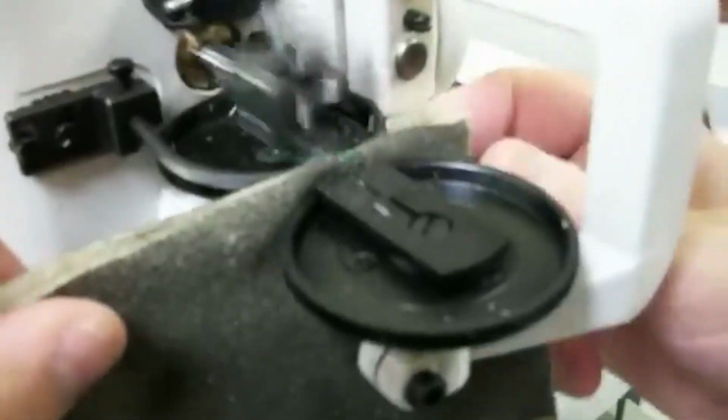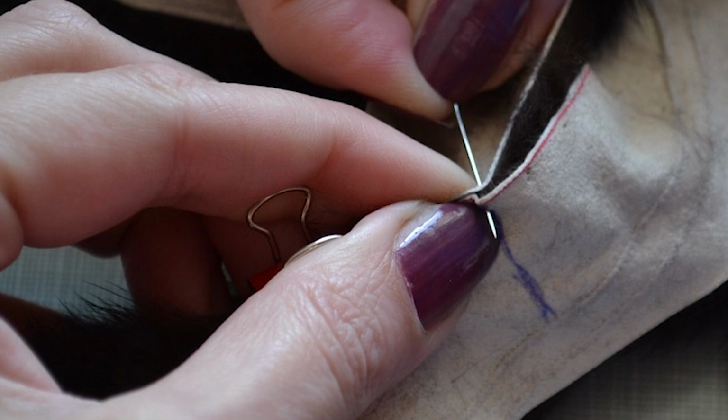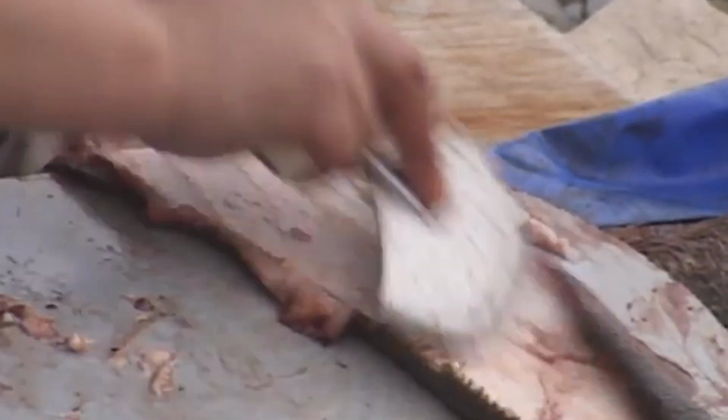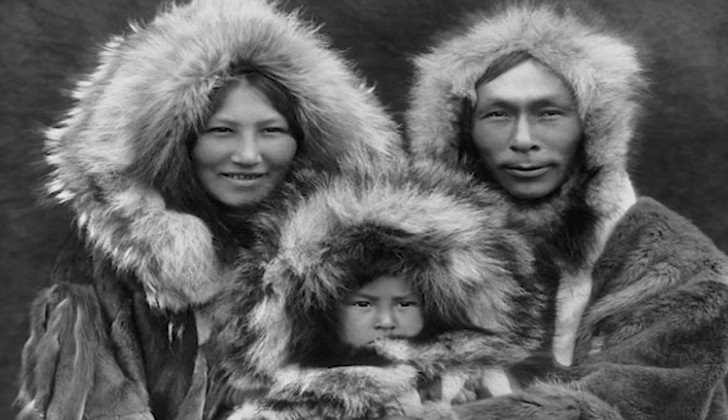While some still maintain traditional methods, many now use modern tools alongside ancient techniques. Electric sewing machines might speed up straight seams, but traditional hand stitching is still preferred for crucial waterproof seams. The ulu knife remains a valued tool, even as new cutting implements join the toolkit. Perhaps most importantly,